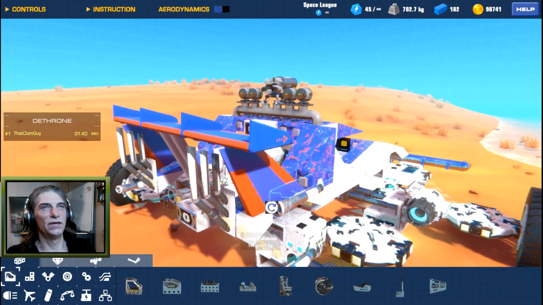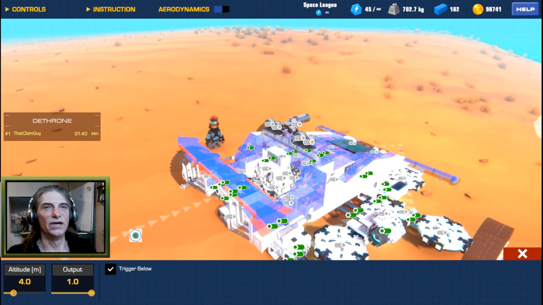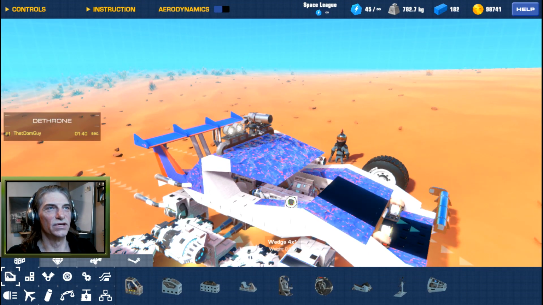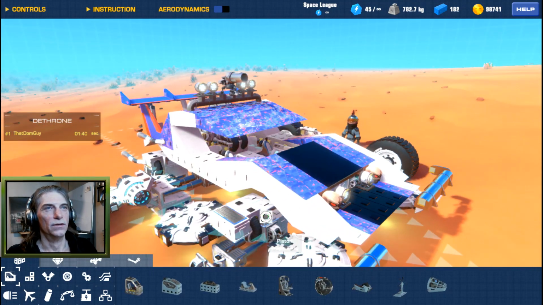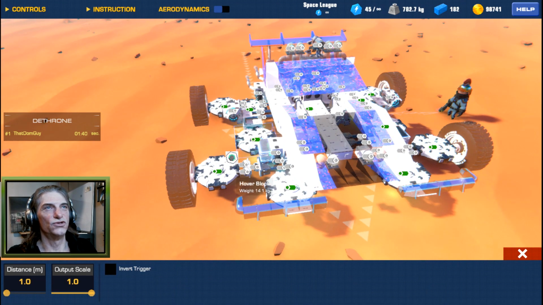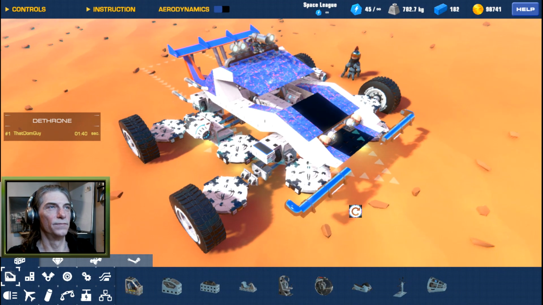All connected to the altitude sensor back here. Just set to 4 meters. Trigger below 4 meters. And then we just have some small thrusters on the inside. There's a couple of seats in there, so it is a 2-seater. Got some lights. But these here are the sensors, as you can see, that are connected to all of the hover pads to keep them turned off when you're in buggy mode. So the easiest way to do that, because they automatically start on when you spawn in,